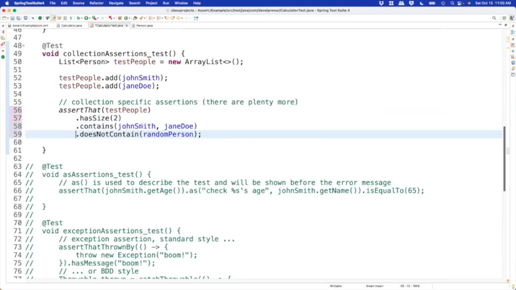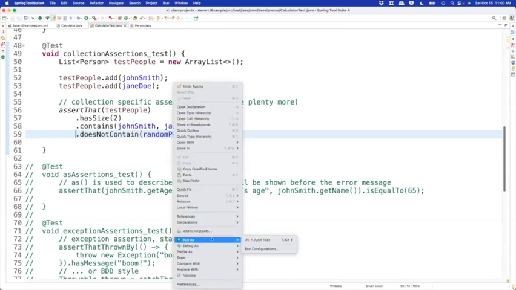So this is, again, pretty slick, pretty useful, and very readable. We can assert that our test people, our collection, is 2. It contains John Smith and Jane Doe, and it does not contain random person. So if I run this,